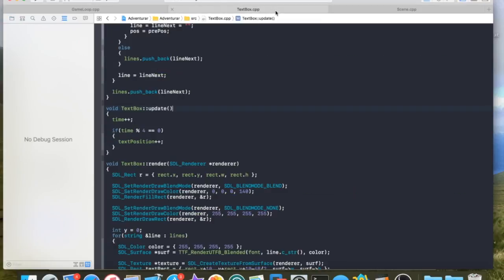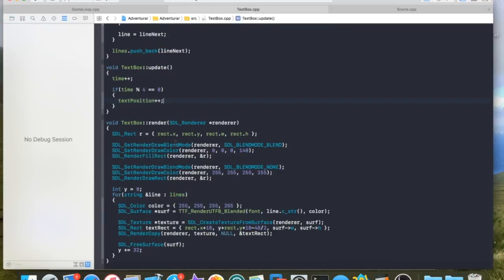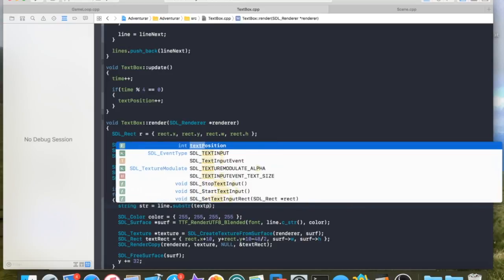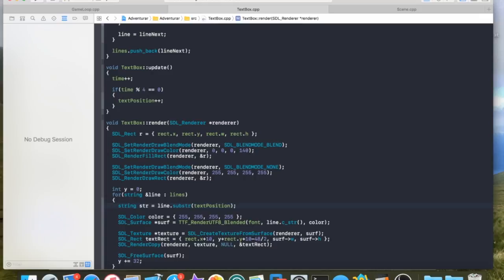And what this will allow me to do is build out how much of the entire narrative I want to render. Now because this is split into multiple lines, this is going to get a little bit tricky, but it shouldn't be too bad. Basically what I'm going to want to do here is have a string, which is going to be a temporary, and that's going to be set equal to line, but it's not going to be set equal to line all the way. It's going to be set equal to a substring, and that substring is going to be text position worth of that string. It isn't enough to do this on its own because this can run off the end, so the idea here is that